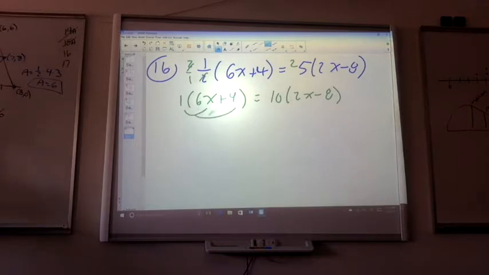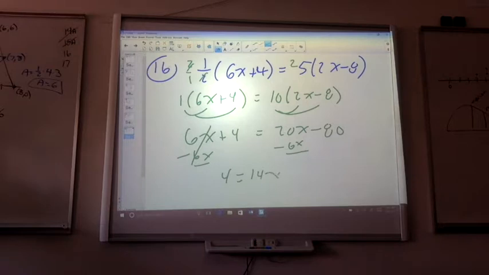Distribute over the parentheses here, so that just gives me 6x plus 4. Distribute over the parentheses here, that gives me 20x minus 80. Did I do that math right? Let's move 6x over. So those cancel, so I get 4 is equal to 14x minus 80. Add 80 to both sides. So over here I have 14x equals 84. Divide by 14. X is equal to